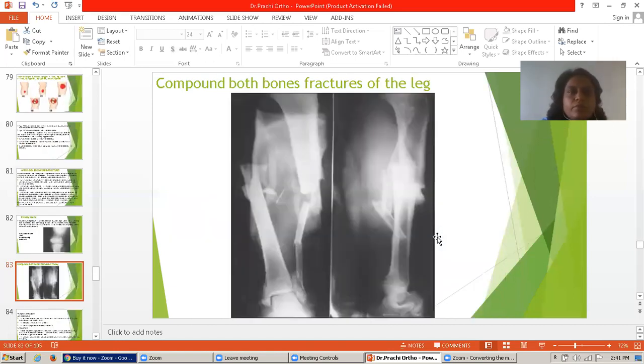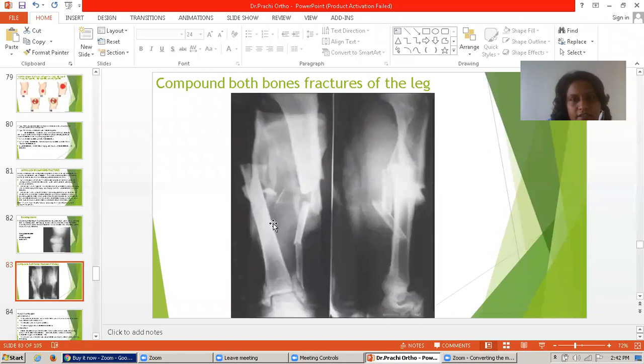Then, compound both-bone fractures of the leg. This is an X-ray of the fracture of the leg. It is very important in the viva, the oral exam of the final, that you can read the X-ray. It is a very important topic. The compound both-bone fracture of the leg shows